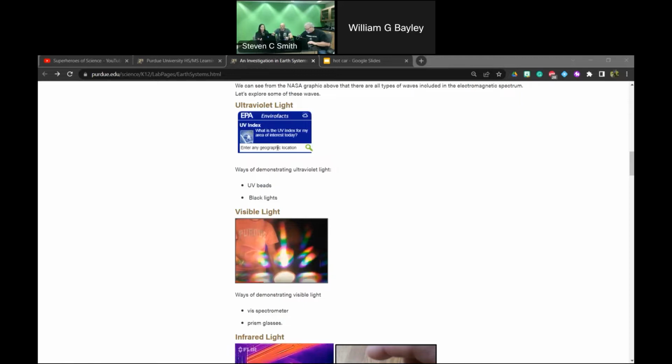And so UV index, I found out last night, I put that in there. You put in your zip code and it'll pull up to tell you what the UV index is. It's a nice reminder for students to wear sunscreen, and also a nice framework to talk about how UV light is very damaging to our skin. Sunscreen helps block or absorb that UV light so it doesn't penetrate the skin. And the amount of UV light that gets through the atmosphere will change. I kind of like that as a starting point, talking about UV.